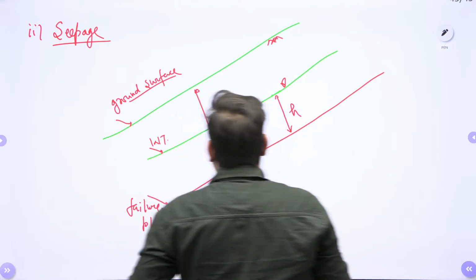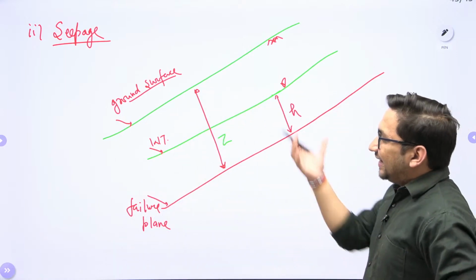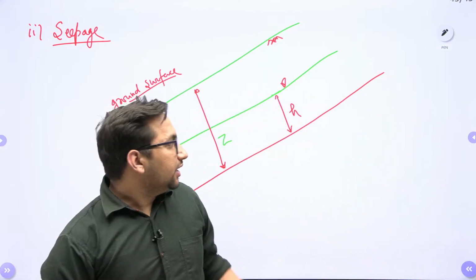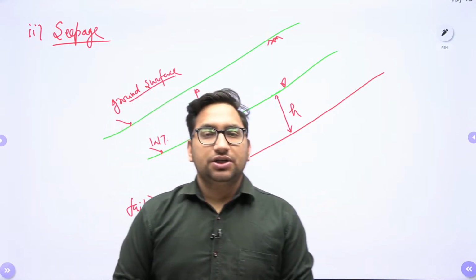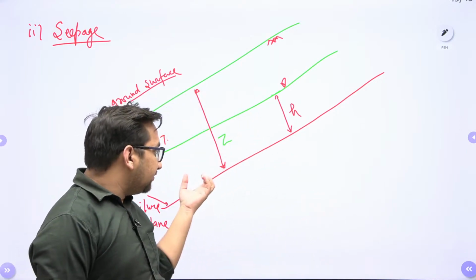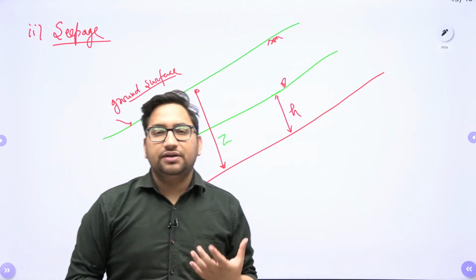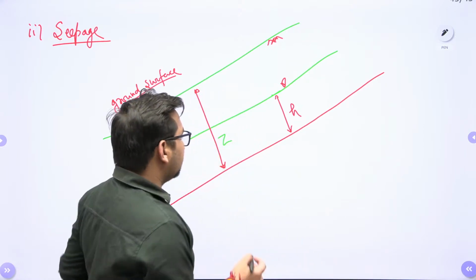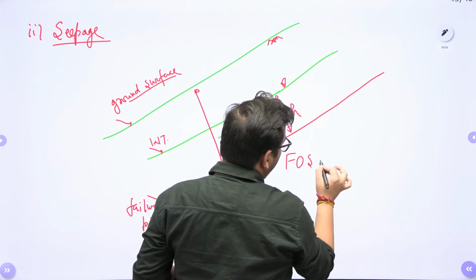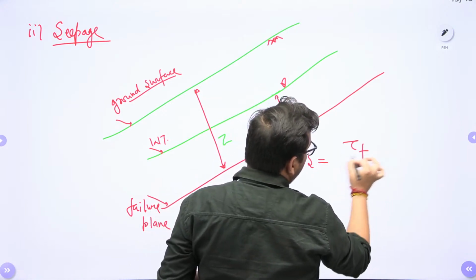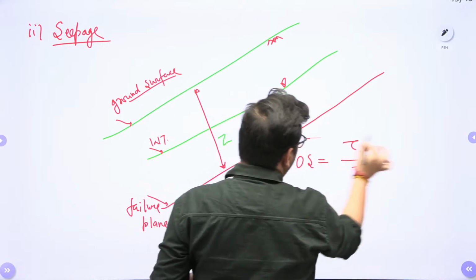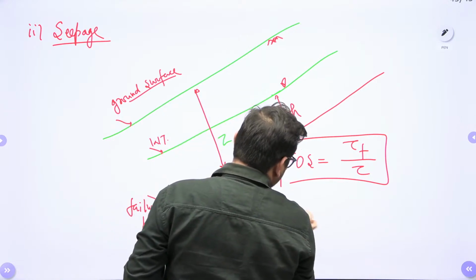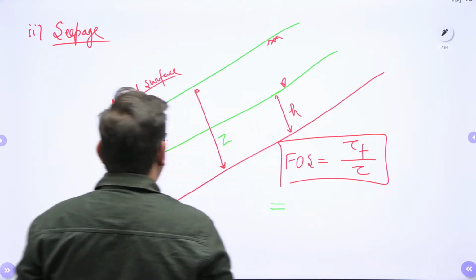In this case, try to understand, always your strength in the soil will be due to effective stress. Always remember this concept: shear stress will be due to the total weight of soil, whereas your strength in soil will be due to effective stresses, right? So, we know that factor of safety is nothing but shear strength of soil upon shear stress. Factor of safety is what? Shear strength of soil or of the slope versus shear stresses, right? So, now I need to calculate